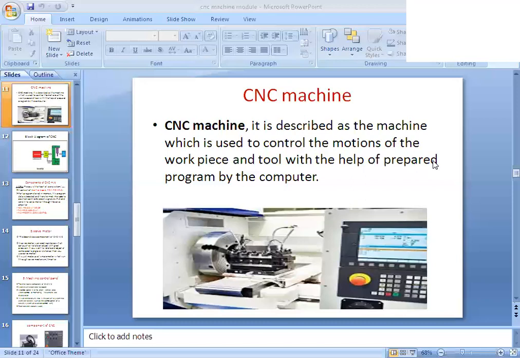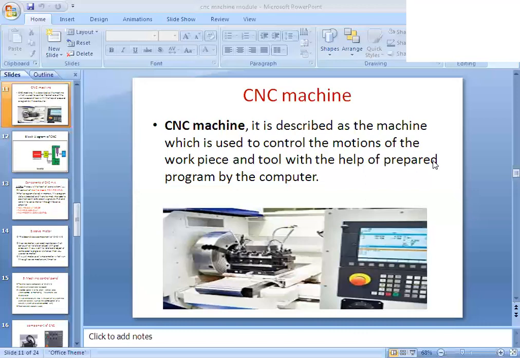In the previous, you can go for the traditional machines. In those machines the tools and workpiece are controlled manually, but here we are not going to do any manual operations in the CNC machine. Please keep in mind, everything will be done by the machine. How the workpiece and tool are maintained in the machine, some actuators are needed behind that, yes or no.